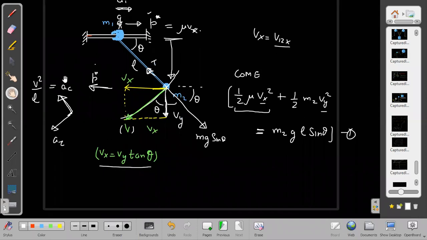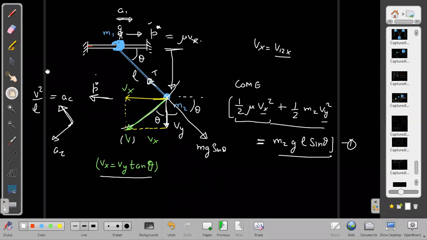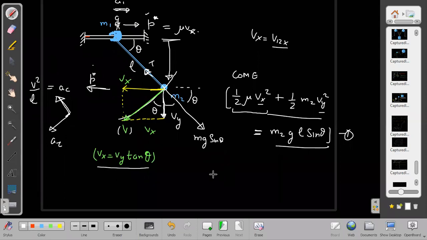All the things are written already. So why don't we just draw the force diagram separately on the next page? That will be better. Here you focus only on conservation of energy. Will it help us? Yes, it will help us answer a few things. If they have not even asked what the tension is, but instead are asking what is the speed of M1, what is the speed of M2, those questions we can answer here only. Why don't we first answer those? Then we move on to the next page.